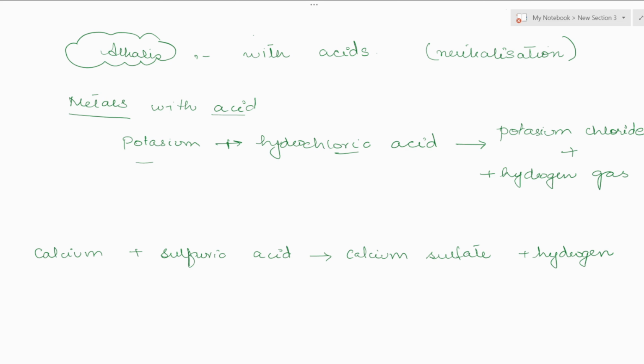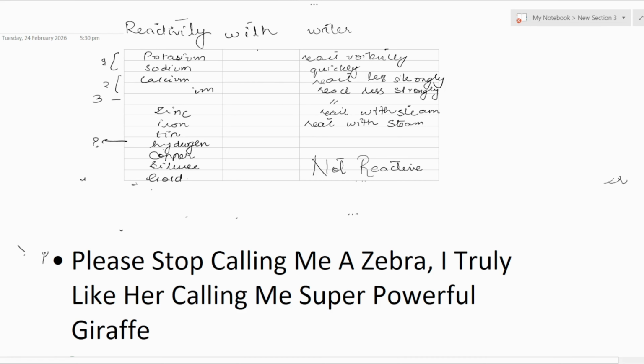Next one, we discuss metal displacement. Have we discussed metal displacement? We have discussed non-metal displacement. In the same way is metal displacement. The stronger one can displace the others, but the weak one cannot. So potassium can replace all. But zinc can only replace aluminum. Zinc can only replace.